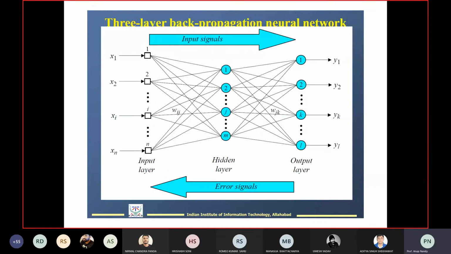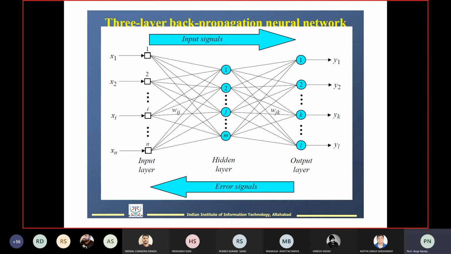We are simply using this 3-layer backpropagation neural network. Suppose you have an n-dimensional input represented in the input layer: x1, x2, x3, then xi in the ith neuron. It is the first neuron, then the second neuron, that is the ith neuron, or node, in the input layer. Then you have the nth neuron in the input layer. Next, in the middle layer, or the hidden layer, you have 1, 2.